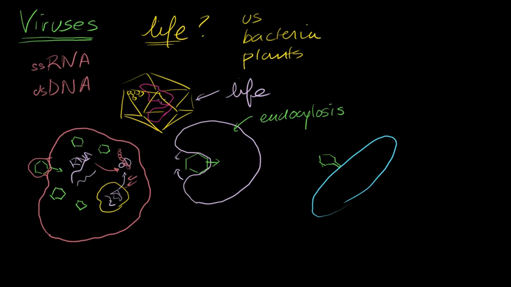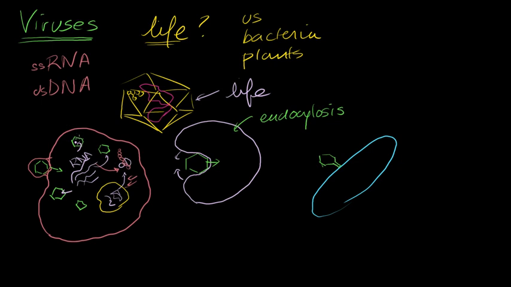It's using the cell's own mechanisms. Left to its own devices, it would just sit there. But once it enters a cell, it can use all of the nice machinery that a cell has around to replicate itself. And it's kind of amazing, with the biochemistry of it, that these RNA molecules then find themselves back in these capsids. Once there's enough of these, and essentially all of the cell's resources have been depleted, these new viruses that have replicated themselves using all of the cell's mechanisms will find some way